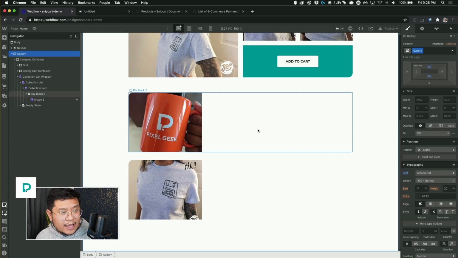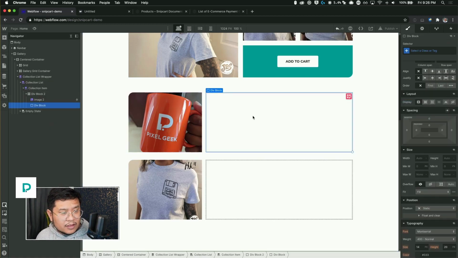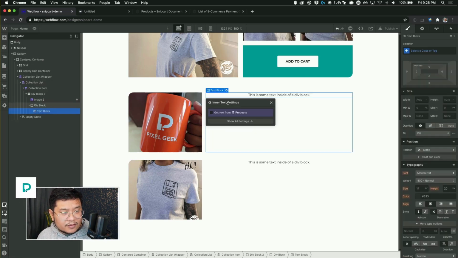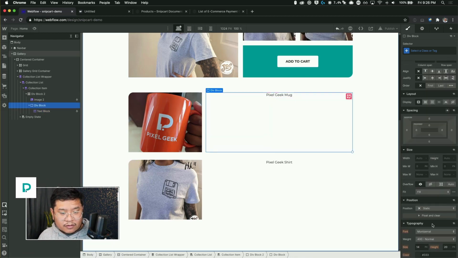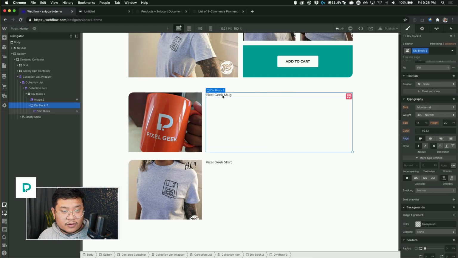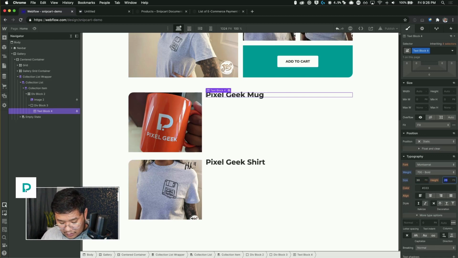Now let's go ahead and add the name of it. So I'm going to drag in a div. And this one's going to have a text, this is going to be name. Oh, everything here needs to be to the left. All right, so this right here, the name should be bold, a bit bigger, something like that.